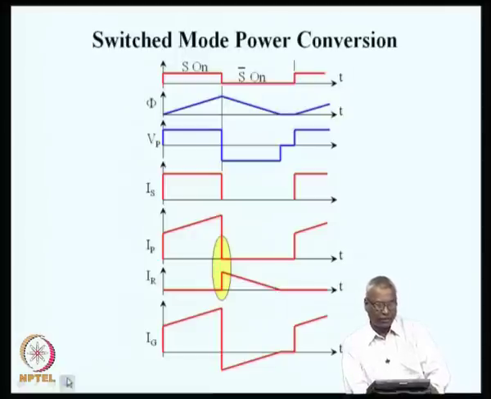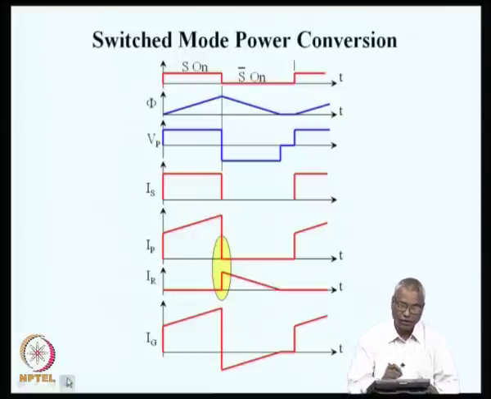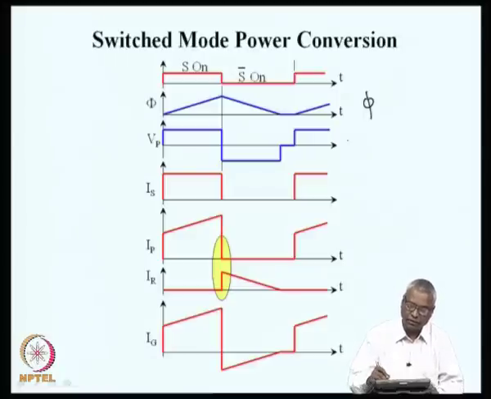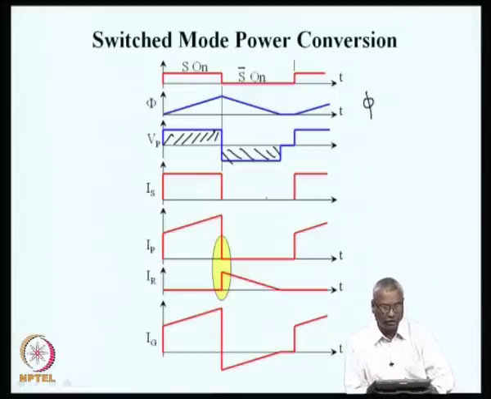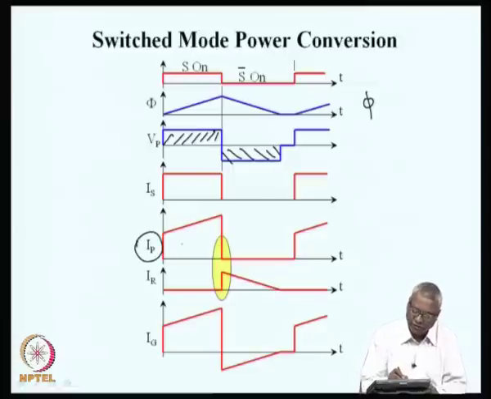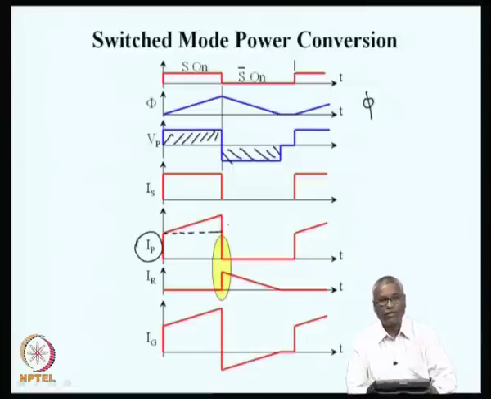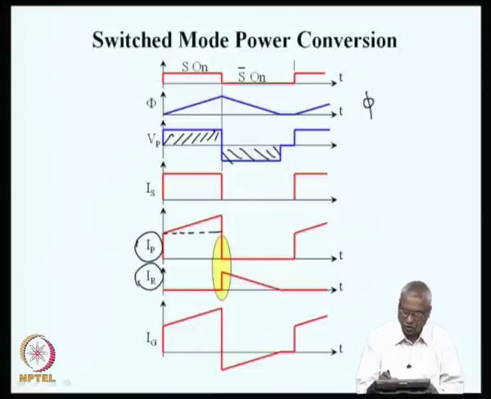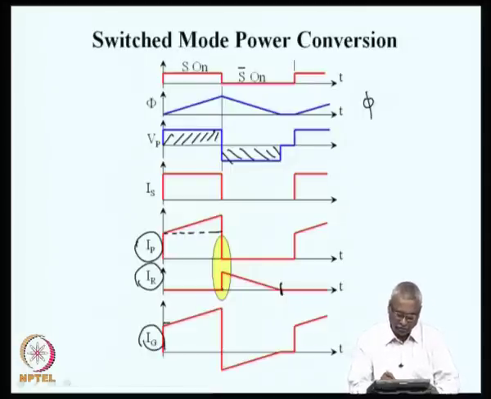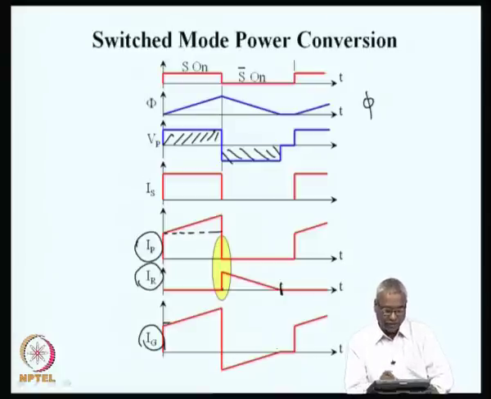Okay. So, here is a picture of the complete set of waveforms. You see the flux in the core and the primary voltage, which is both positive and negative in the on period and the reset period, the secondary current which is on only during the on period, and the primary current which consists of the secondary reflected current plus the magnetization current, and the reset current which is only in the off period, and which is the same as the magnetizing current, and the source current which is the primary current during the on period and the reverse of the recovery current, the reset current during the off period. This is the complete set of